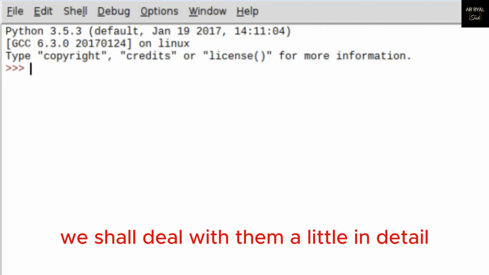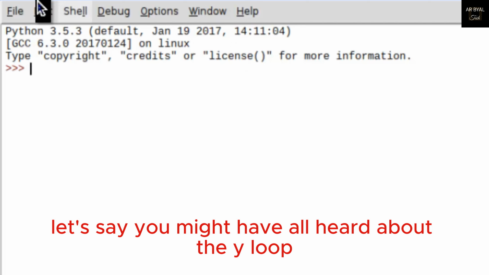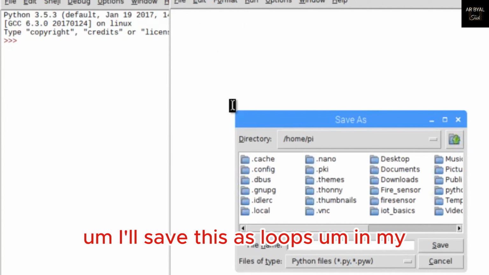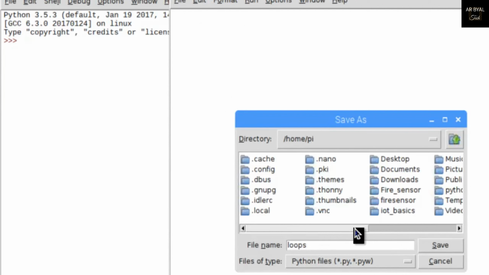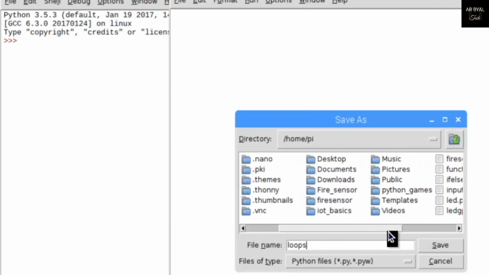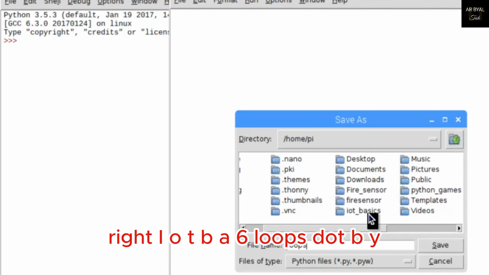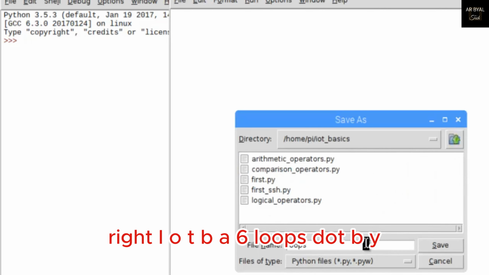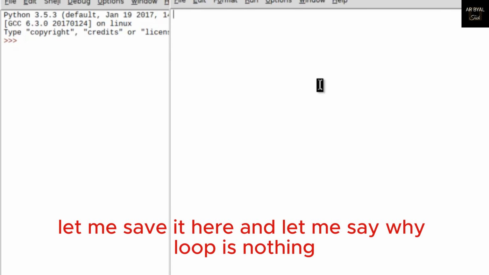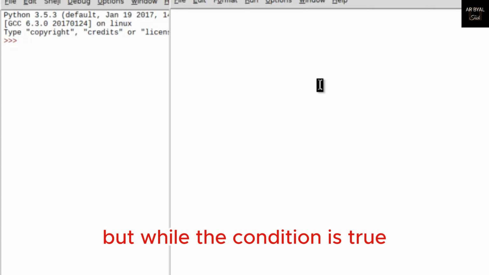For now, let's say you might have all heard about the while loop. So I just open a new file. I'll save this as loops.py. Let me save it here, and let me say, a while loop is nothing but while the condition is